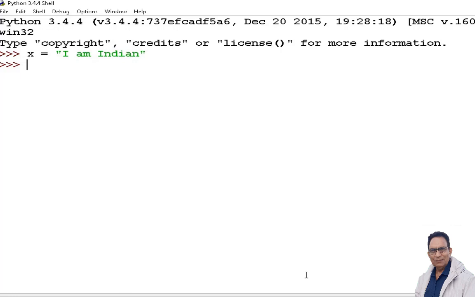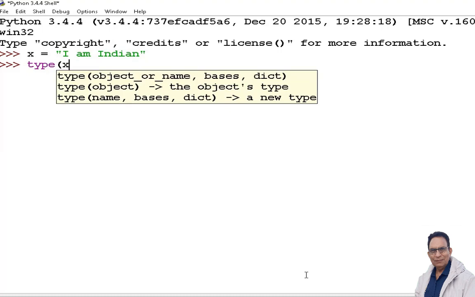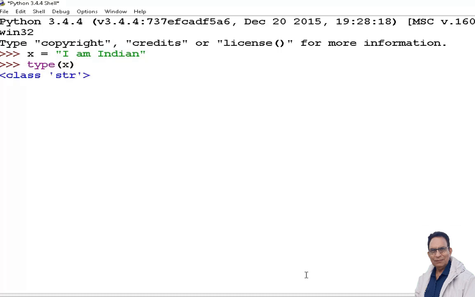So x in this case is a non-numeric value. A string value means it is composed of alphanumeric characters. So if I say type x, it says class str. Str stands for string.